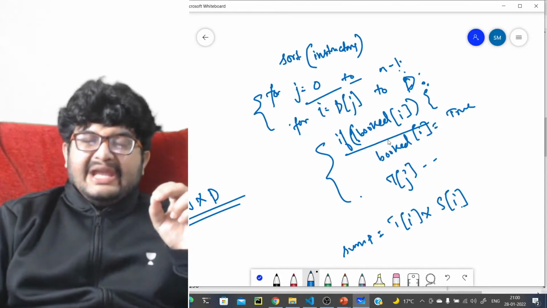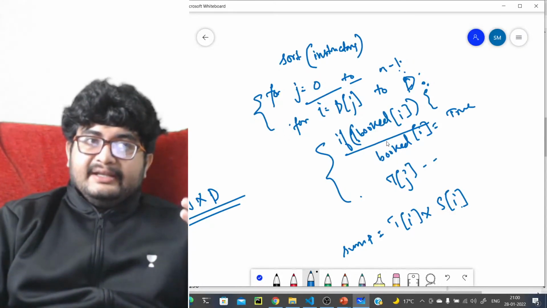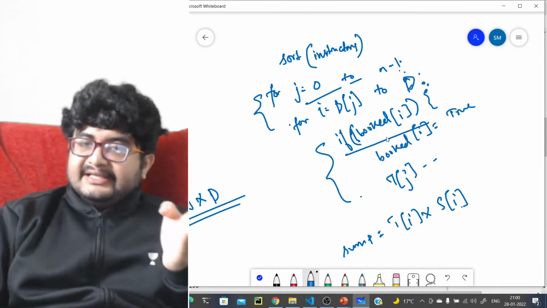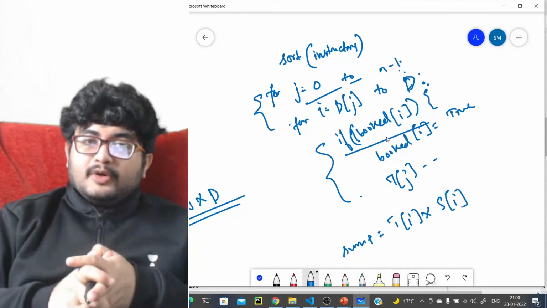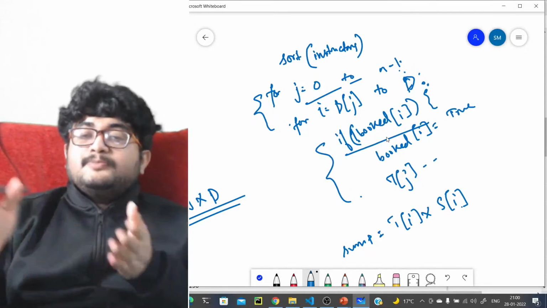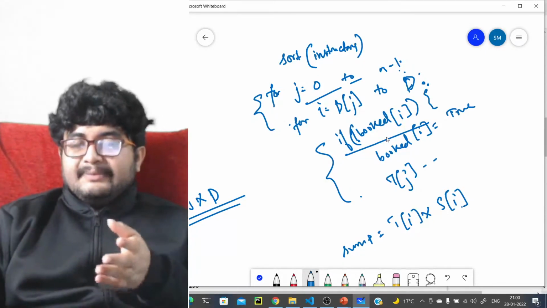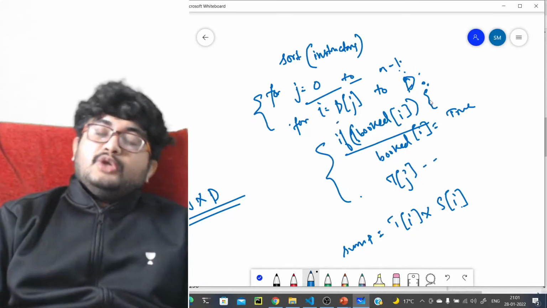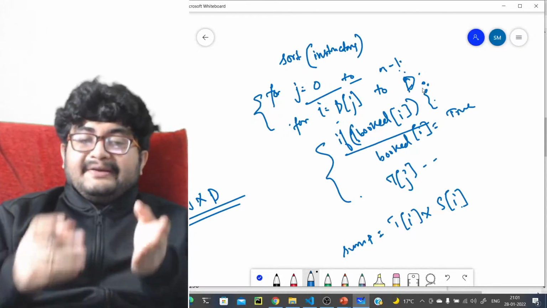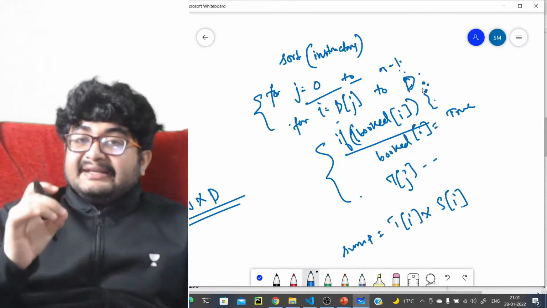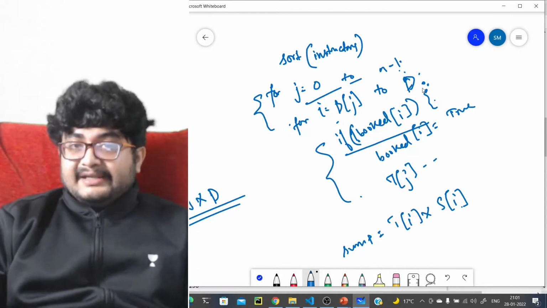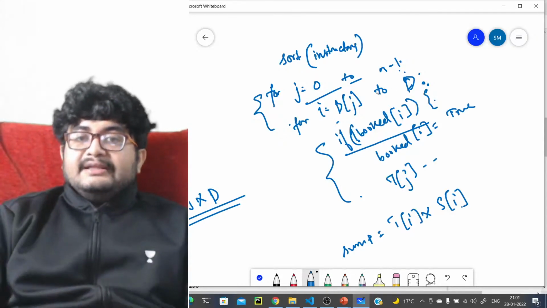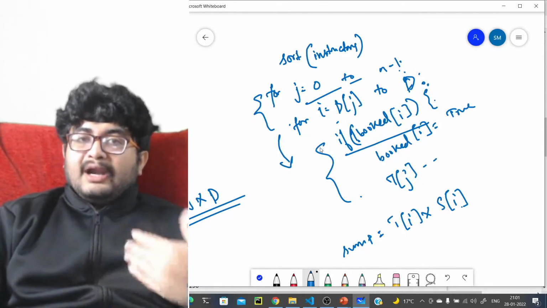What if we have a data structure that maintains the current set of days that are pending, that are not booked by anyone, and we just book some dates from there? We use the same algorithm, but now what we are iterating on is not from d of j to d, but rather the current set of days that are remaining, that are not booked by anyone.